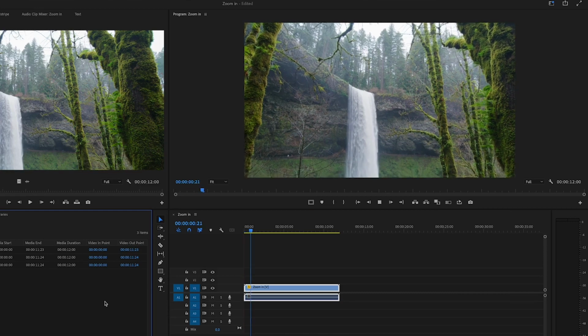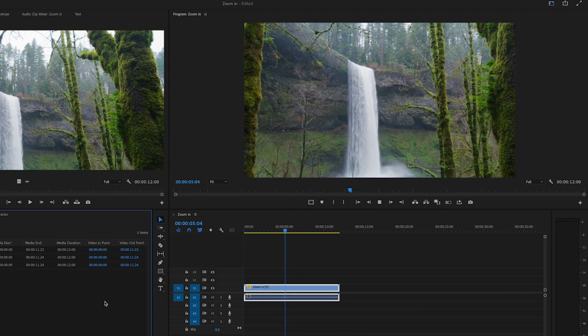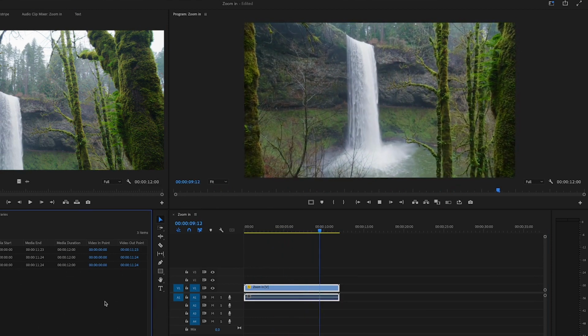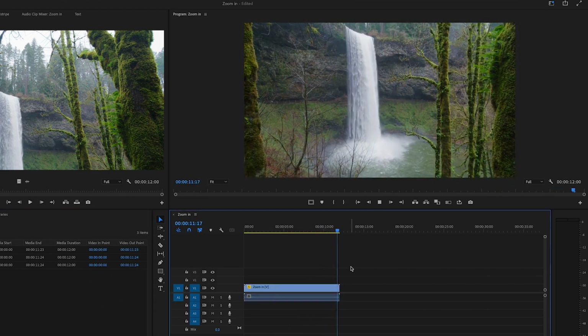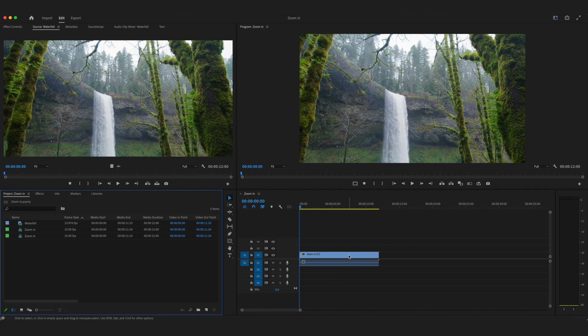Hey, in this video editing tutorial, I'm going to show you a quick and easy method to zoom in on your footage in Adobe Premiere Pro. Here I have a video clip of a waterfall on my timeline where I would like to add a zoom effect into the waterfall. To begin, if you select your clip on the timeline, go up over to the Effects